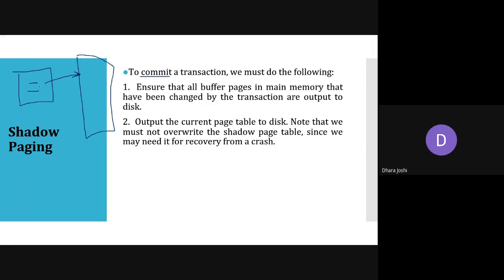Whatever changes we have made, we are just going to reflect into the disk, and we call this the new shadow page table. The database will point to the page table which has the copied values, and the shadow page we previously created, which is identical and has no changes, we use if we need recovery from a failure of the transaction. It will remain identical and will not get modified. The changes the current page table has made, we reflect into the disk with the help of the output operation.